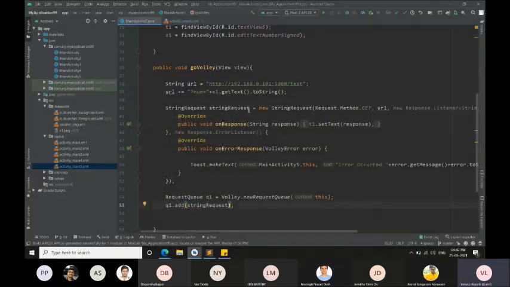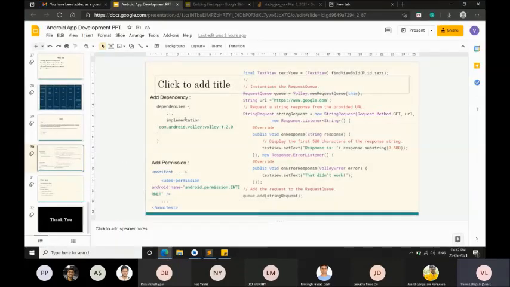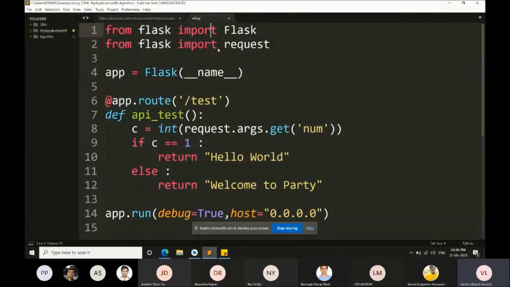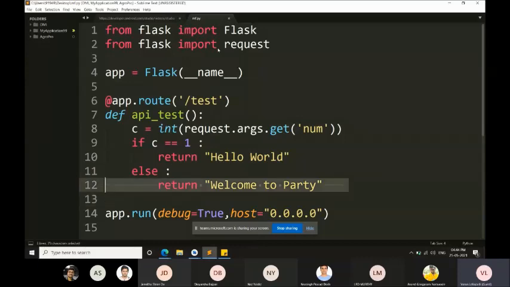So the same thing we have implemented in the disaster reporter application. I will also share that GitHub repository link with you so that you can check it out later. As you've already worked with Flask, I'm just creating a basic Flask application over here, and I'm just creating a small function. So the same function I'm calling from my Android activity so that it returns the appropriate action.